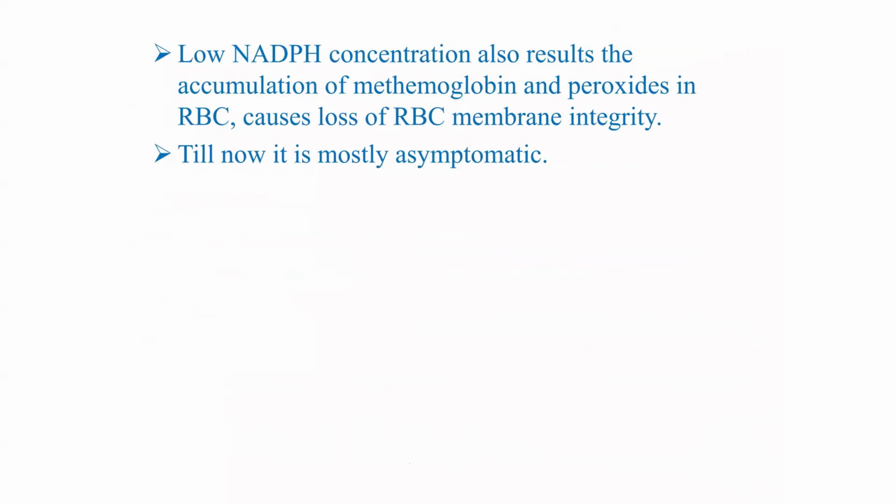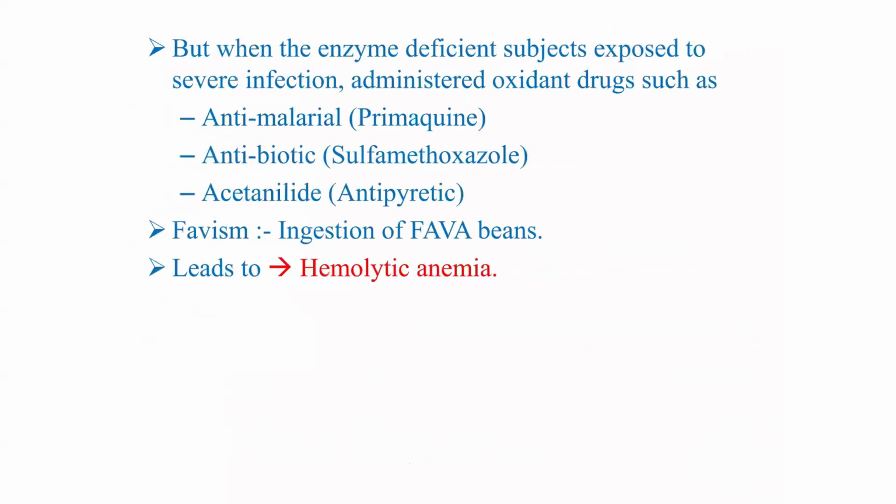If there is a low concentration of NADPH, it means that methemoglobin and peroxide will accumulate in the red blood cells, which affects the integrity of the red blood cell membrane. But when the enzyme-deficient patient is exposed to severe infections, it is always advisable to be careful about administering oxidant drugs